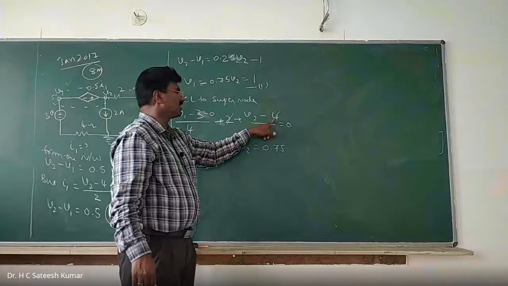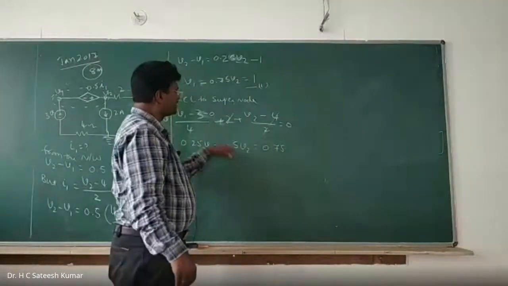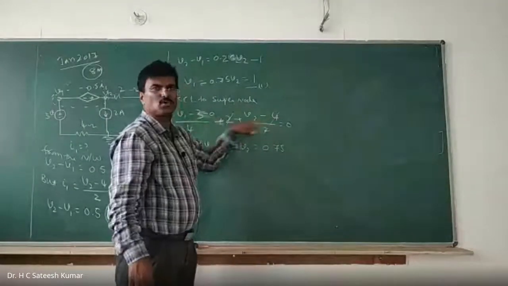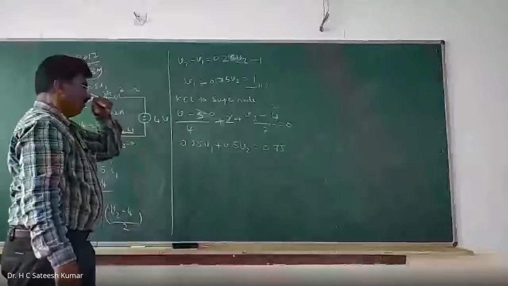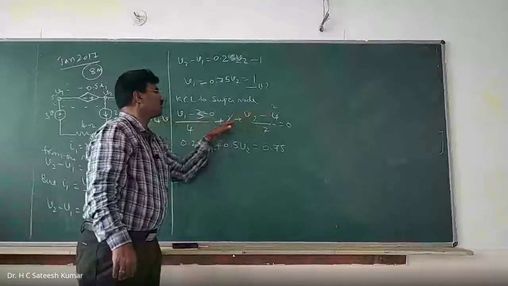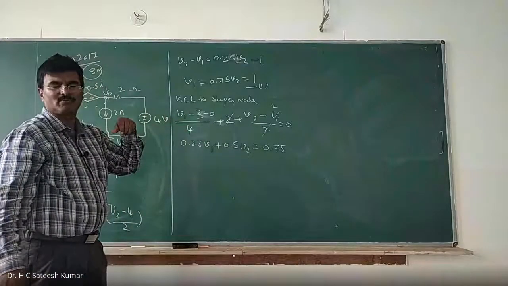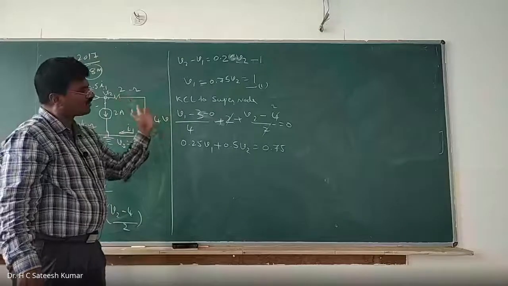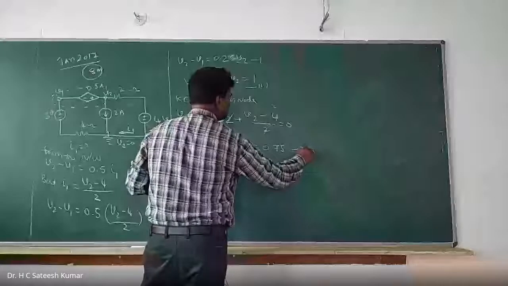Oh, it is cancelling. It's not cancelling. We'll have to take this one. V2 by 2 will be there. But already I have considered V2. No, V2 by 2. That's why it's just shown here. So 2 times it gets cancelled. This minus 2 and this plus 2 gets cancelled. So therefore, we are left with minus 3 by 4, minus 0.75. Transfer to right hand side plus 0.75. Call this as equation number 2.